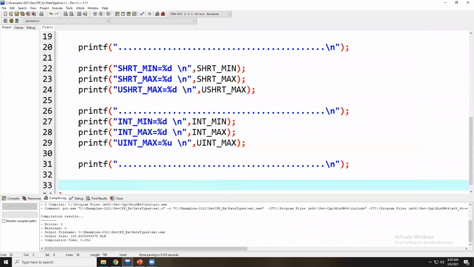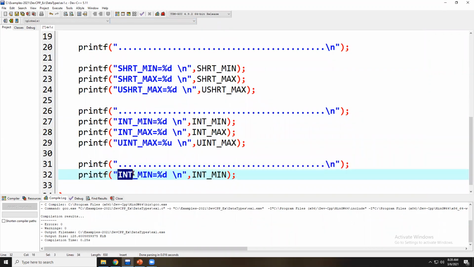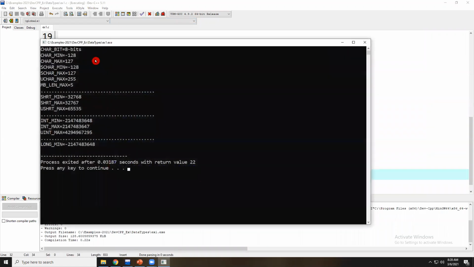Long type. See, long also occupies 4 bytes of memory here. It is going to print the same values as int, because int occupies 4 bytes of memory. It uses long min, long max, long range only. Observe here, LONG_MIN. But how to represent it? What is the format specifier of long type? Percentile ld. Long representation is percentile ld. So recompile this application, rerun this application.